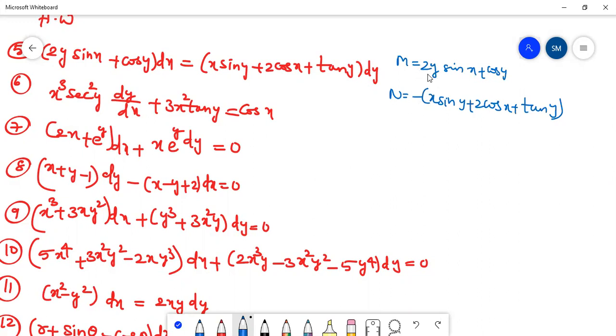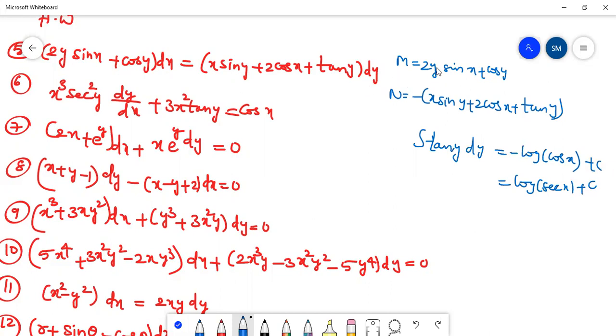The integral over x means we can take these two. In the place of integral of 2 sin x, we get minus 2y cos x plus x cos y. Only y terms: only tan y is the y term. What is the integral of tan y? The integration of tan y dy is minus log cos y, or log sec y, plus c. We can just apply that.